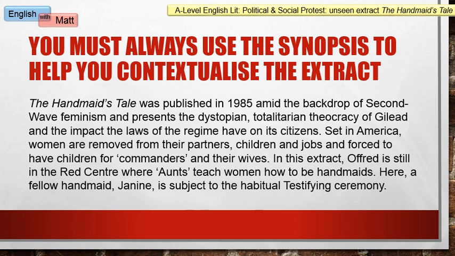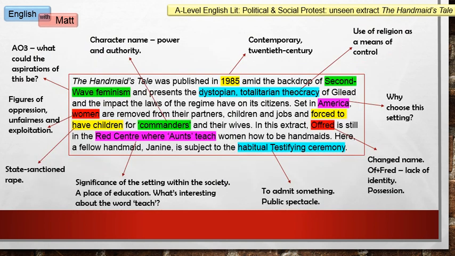So, at this point, I would be encouraging my students to be highlighting this even before they've read the actual extract, because this has got potential leads in it. You're hunting here for things that are relatively important and helpful in terms of your subsequent interpretation of the extract. So pause the video now, write down what you regard to be significant, and then I will go through the annotations with you. Okay, so there's actually quite a bit of significant information which I would regard to be particularly useful